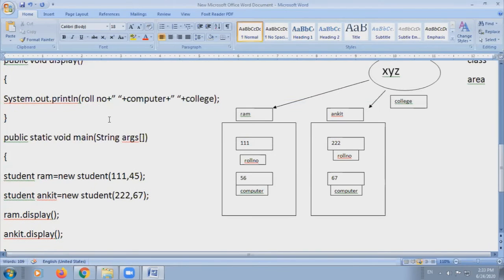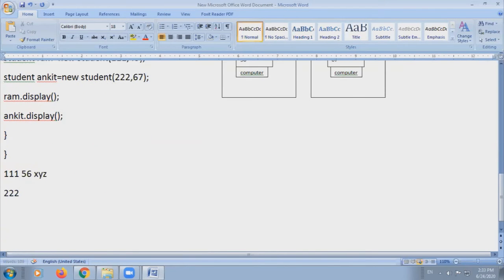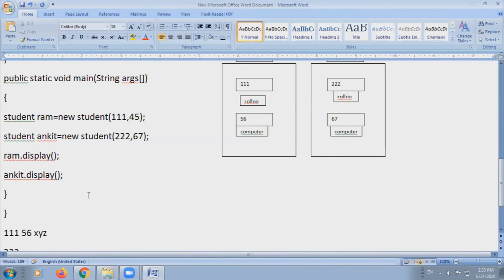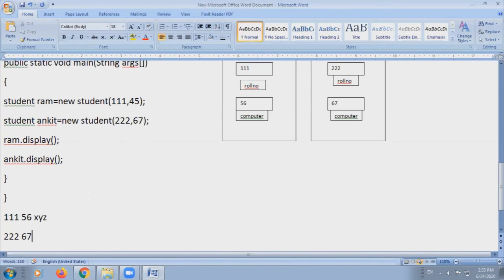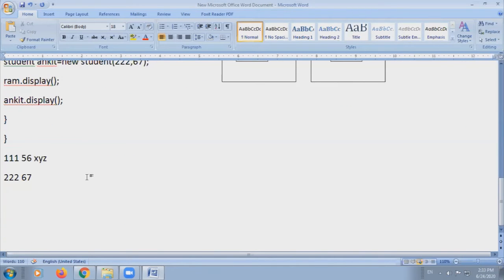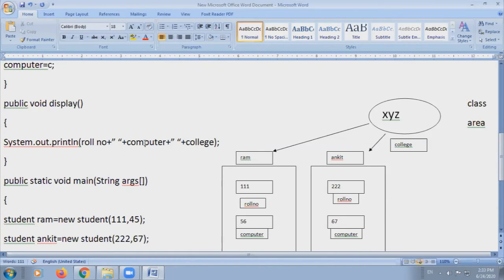Now it will display a little bit of space. It will display the computer variable value, that is 67 of the Ankit object, and again it will display the name of the college as XYZ, because it is common to all these objects.